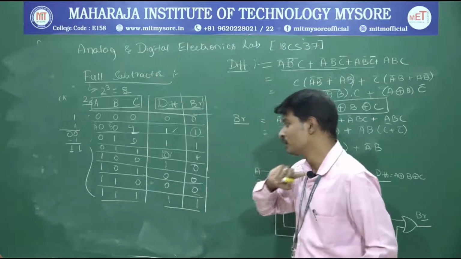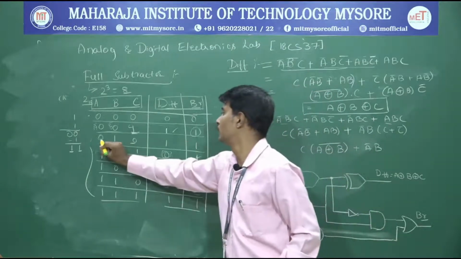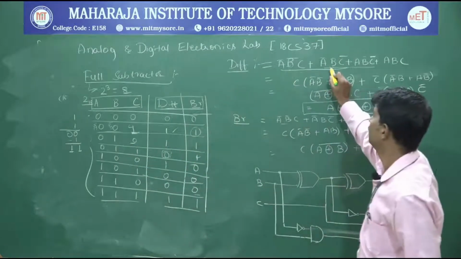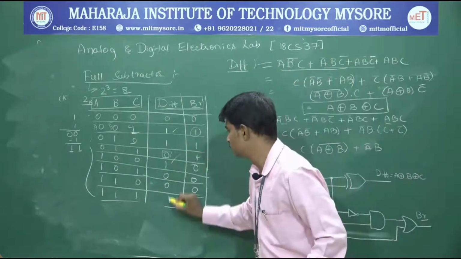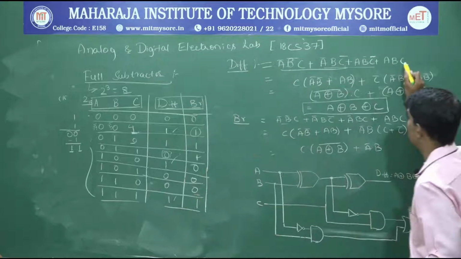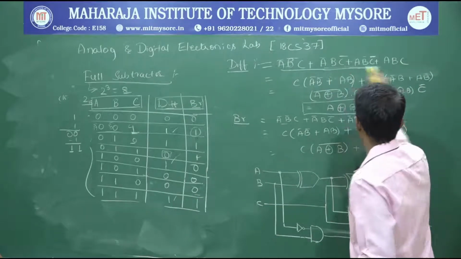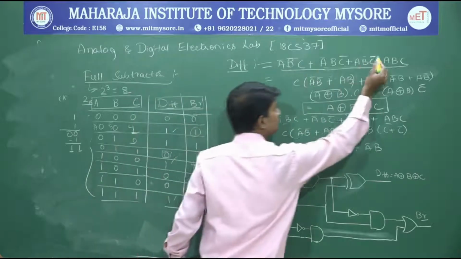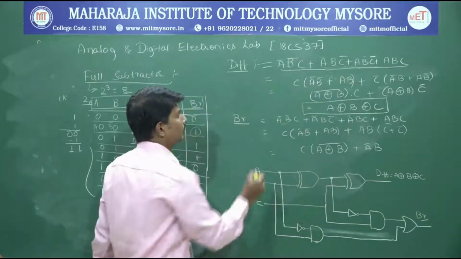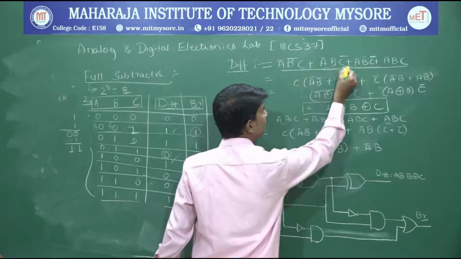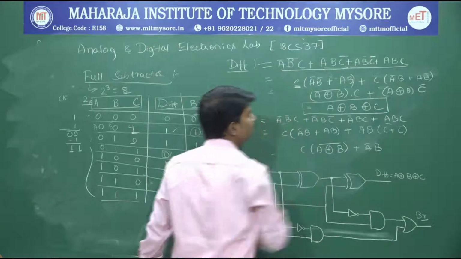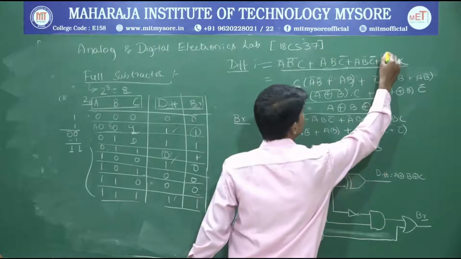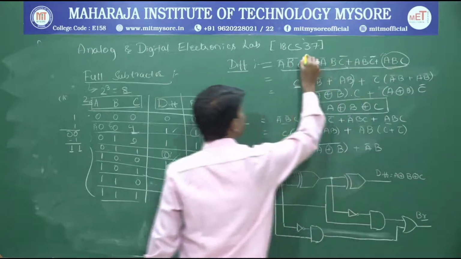Again for the next output high, this is A bar, B, C bar. For this combination and for this combination, I have already written them on the board for simplicity. If we look into this equation, we are able to take C as common in the first and the last combination. Yes, these two SOP forms.